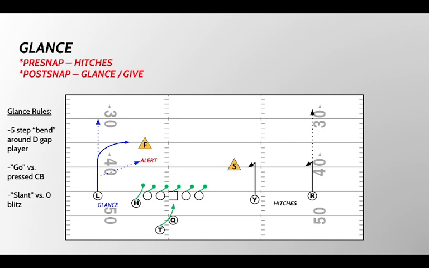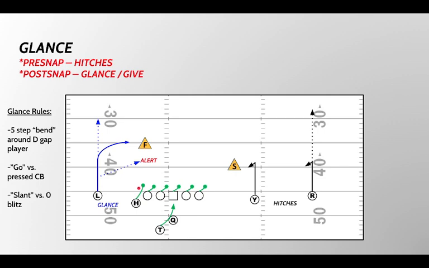To the two receiver side, you're just going to have a double hitches concept. The outside can alert vertical versus a pressed or cloud corner. Number two has a locked hitch. You can turn this into a stick route and have him turn out if you'd like. We just try to make it simple so the quarterback and the receiver are on the same page if that's a pre-snap look for them. So that's his pre-snap look, and then his post-snap is the glance, or give decision by